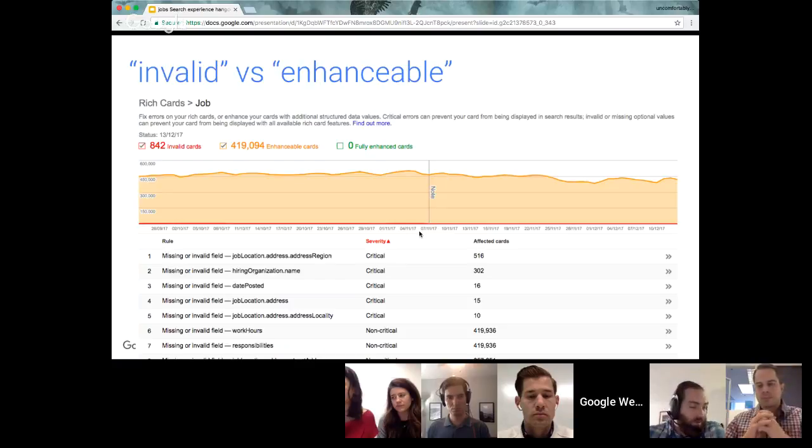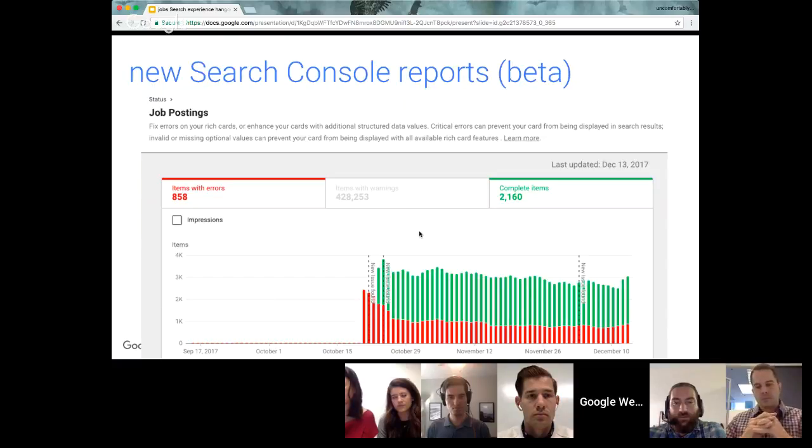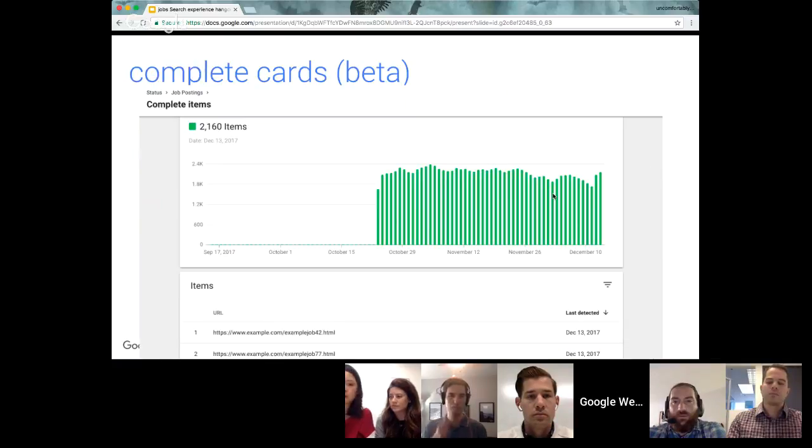So the new Search Console looks very different, and it is mobile friendly, which personally makes me very happy. And this is how the job postings report will look there. So you can see that in the same report, you're able to see the cards with errors, the cards with warnings, and then also cards which are actually completely completed with all the possible fields, and we've indexed them successfully. And for each of these, it's possible to see examples. So here is the report. If you drill down to the ones which are complete, then you can see